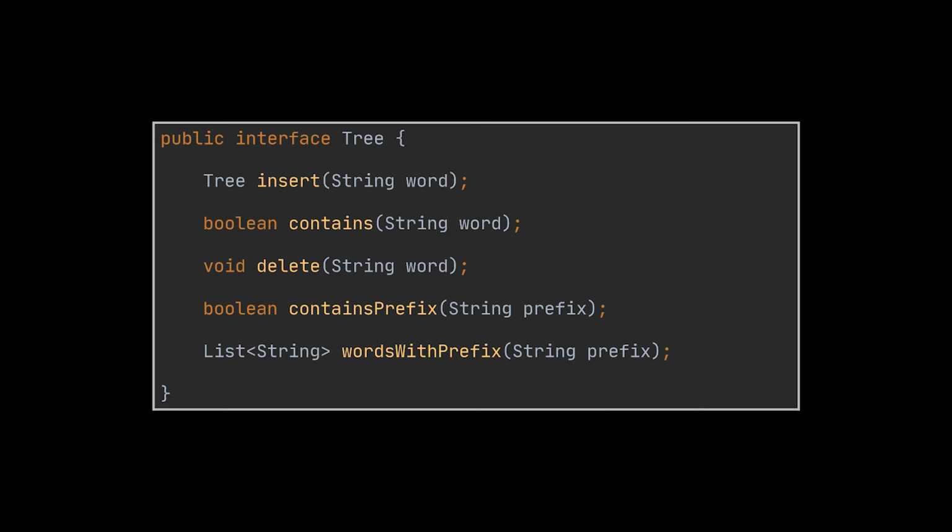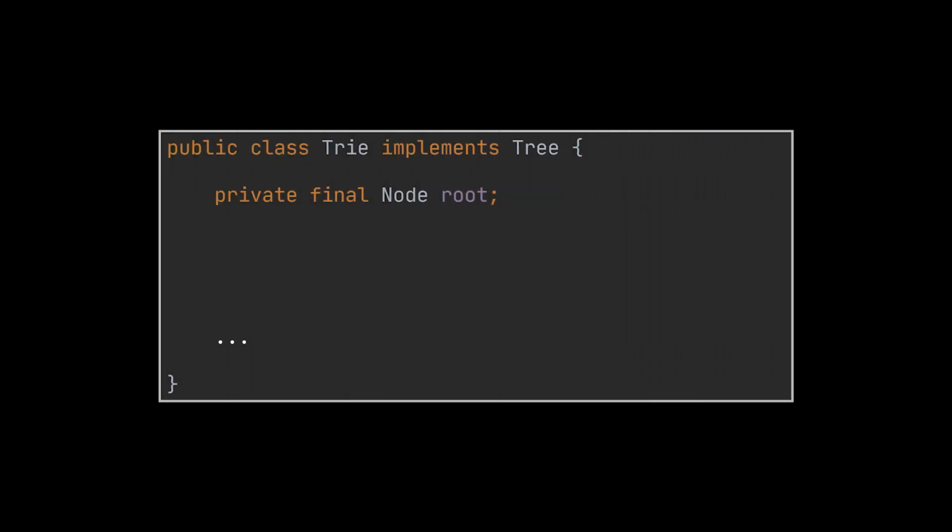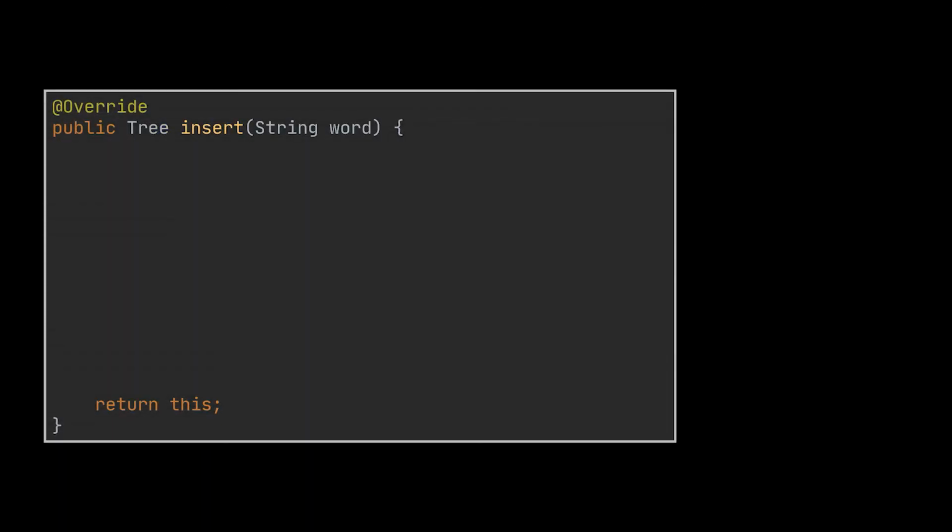Now on to our main class implementation. Concerning the trie class, it will have a single attribute, a node, which is the root node of the tree. This node will be initialized in the constructor as the empty string, exactly as we mentioned earlier in the video. Now, for the insert operation, it will take a word as a parameter, and for each character of that word,